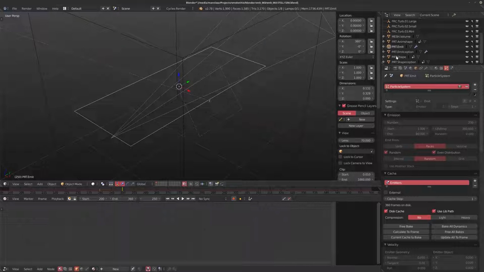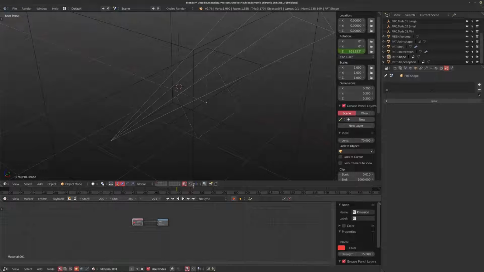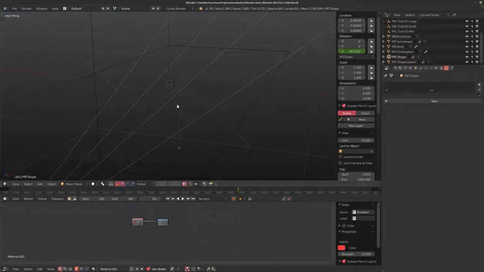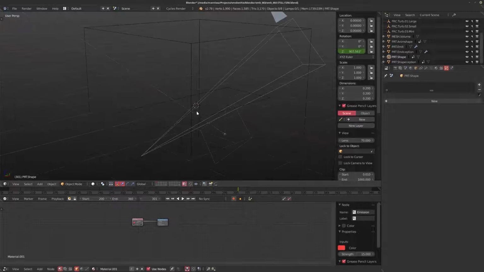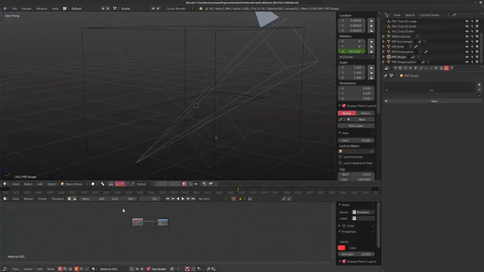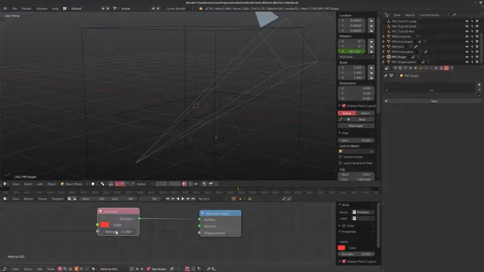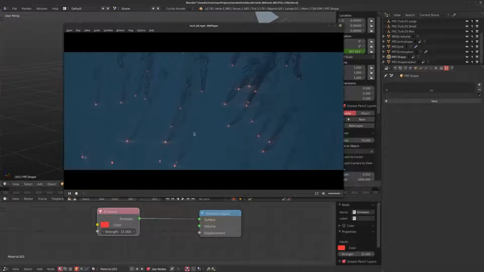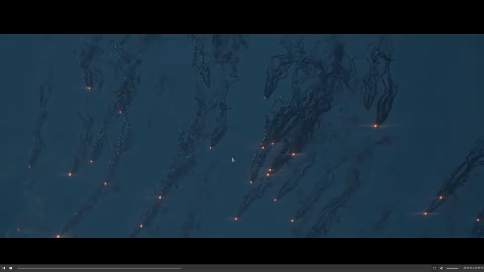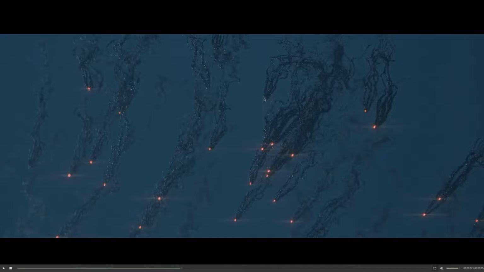I have two different shapes for the different ones, and I just want to highlight a couple of things here. That first shape, which emits the original particles, you're not going to see anything here because I have my cache turned off because it is incredibly slow. As you can see, it just has an emission shader with a red color on it. If I grab the video very quickly, that's exactly what you can see as well. We have these particles themselves that are emitting, that have their own shape, and this is the original particle system that's just visible.